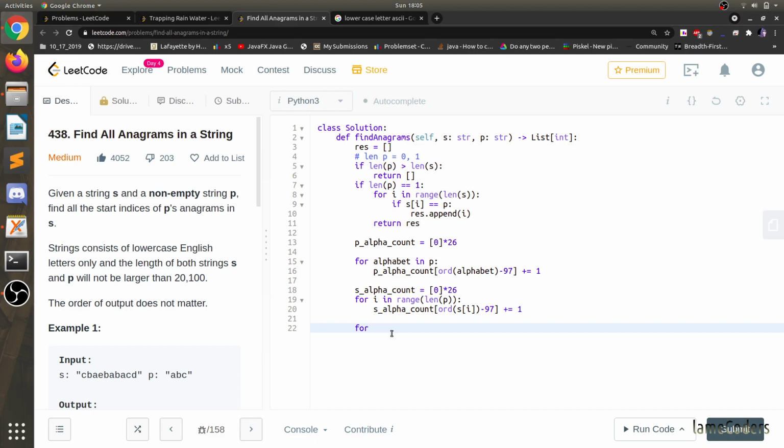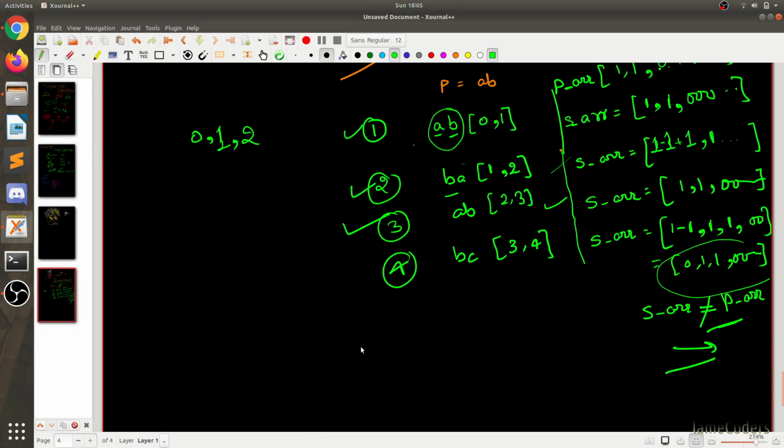So what we will do, we will traverse the whole array for I in range 0 comma length of S minus length of p. Okay, we will go till the last character. Let me show you.